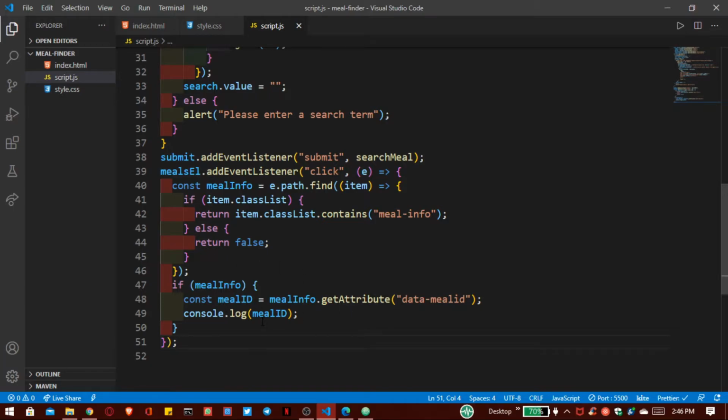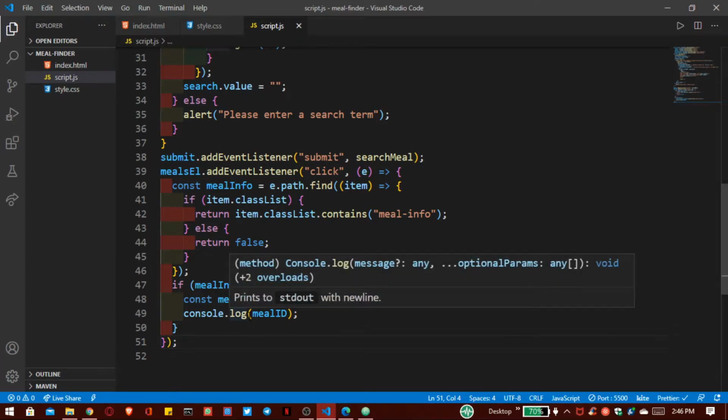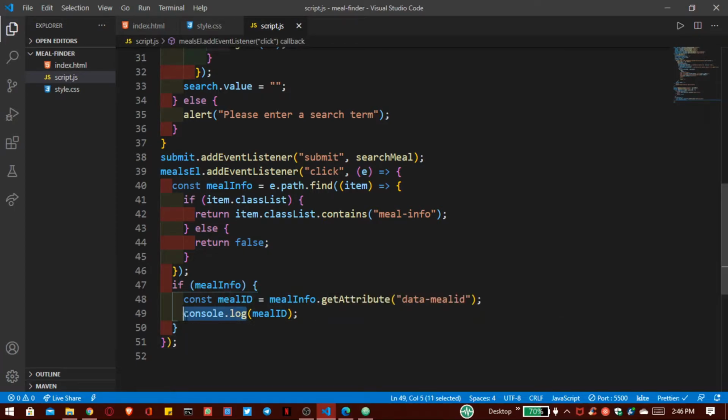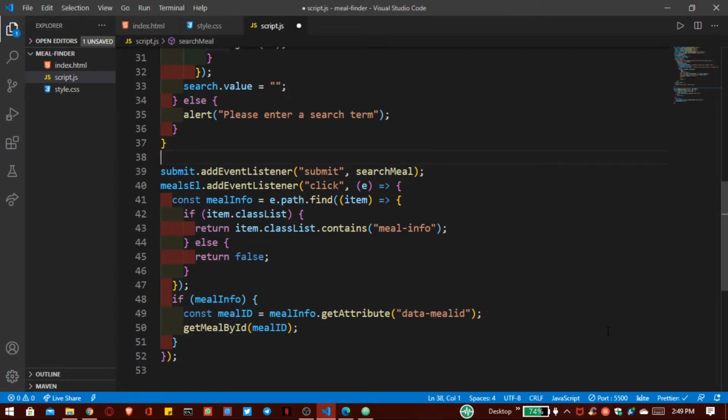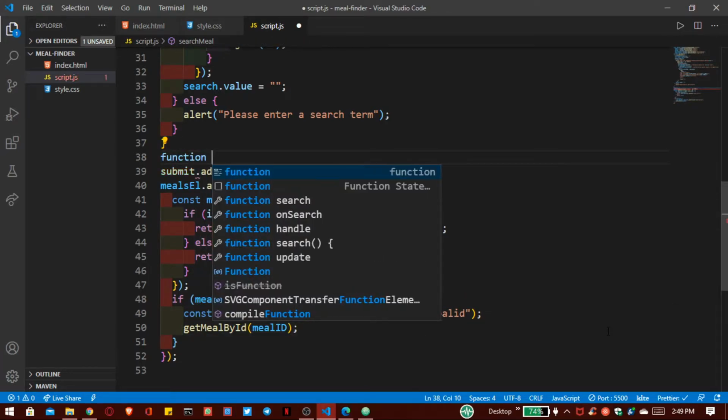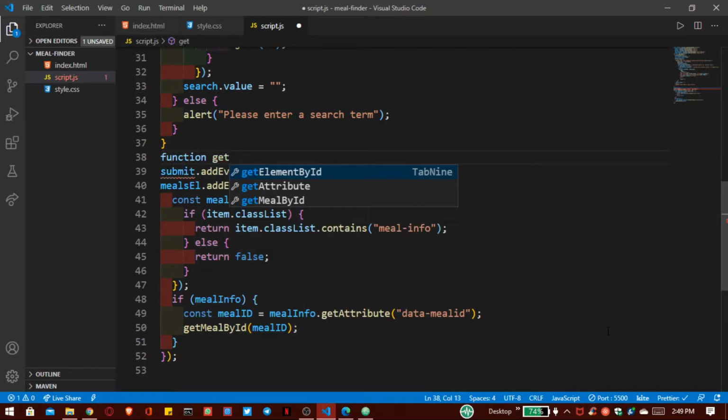So now, instead of only printing the meal ID, we have to pass it to a function, that is get meal by ID. Add a function here that is get meal by ID. Inside that we have to get this meal ID.